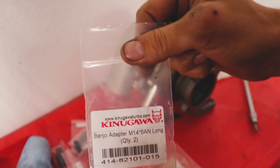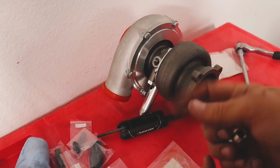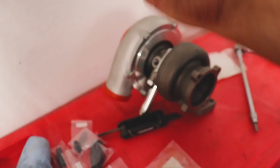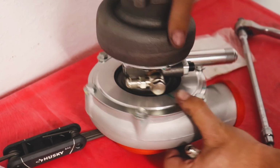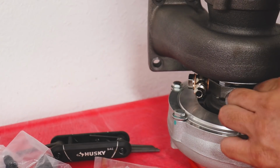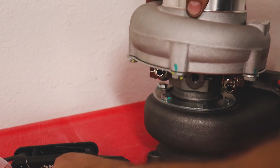We got a couple banjo fittings for the coolant to go in and out of the turbo. You generally want the coolant to be at an angle. Cold going in, hot going up. All right, we're just gonna snug them up for now because we need to figure out our oil feed,